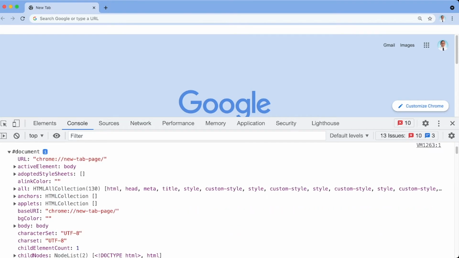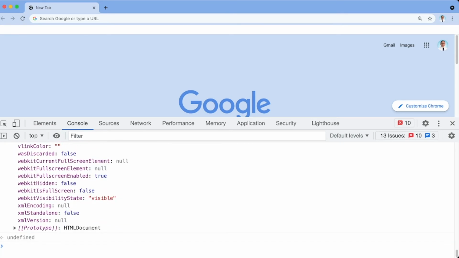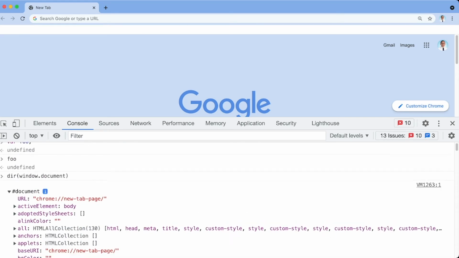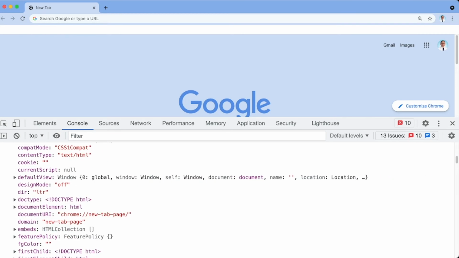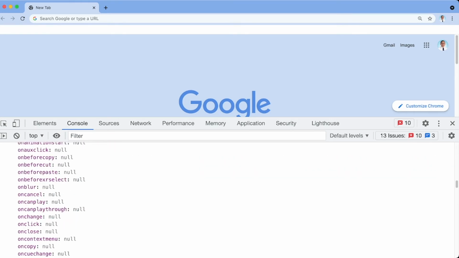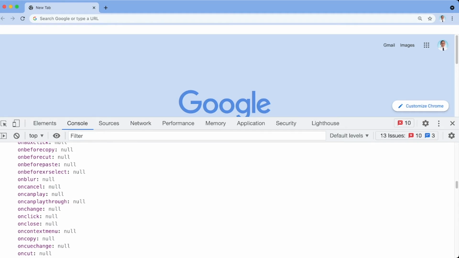When we scroll this down, as you can see, a lot of things and objects around the window document. Let's just see, for example, here our onclick. This is null. The onclick is set to null,